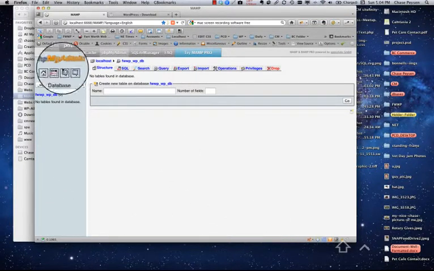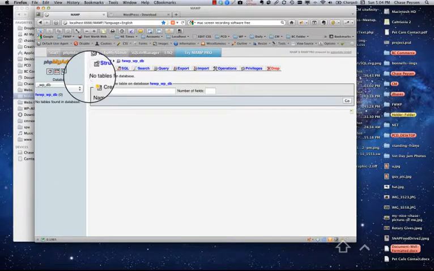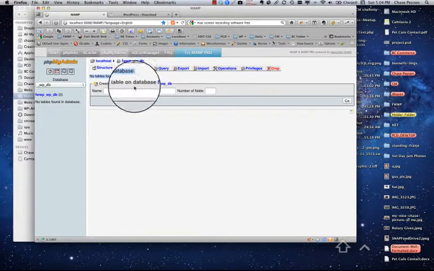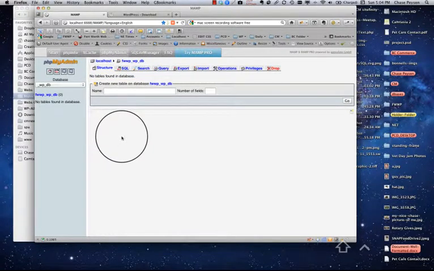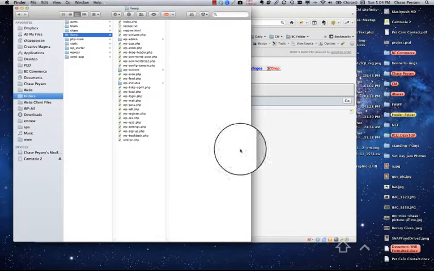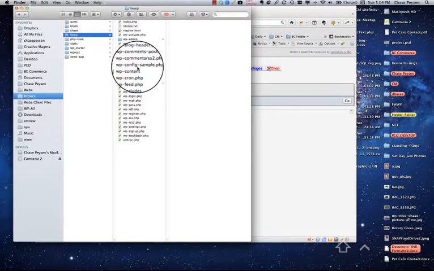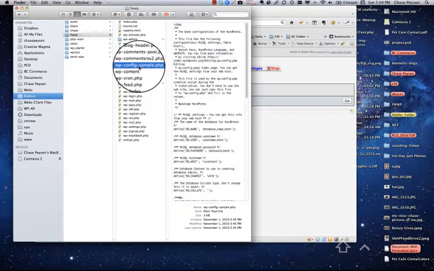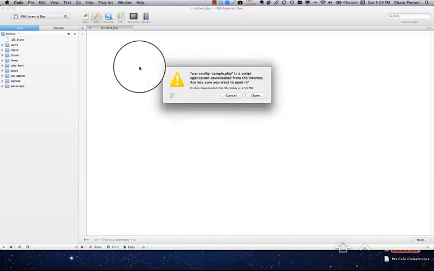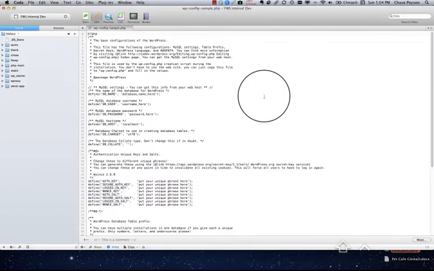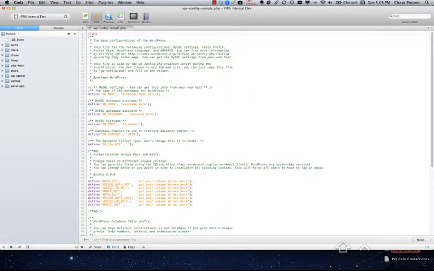Right here is pretty much our database, and as you can tell, we have no tables right now in this database. So now let's open up our file we were talking about earlier, this wp-config-sample. We're going to go ahead and open this up, and I use Coda, so we'll open this up right here. And we're going to drill down so we just see our files in